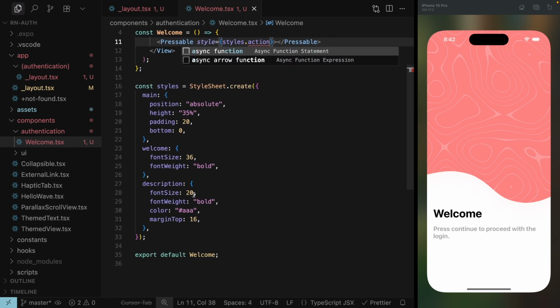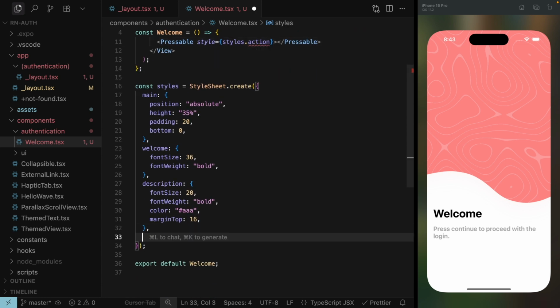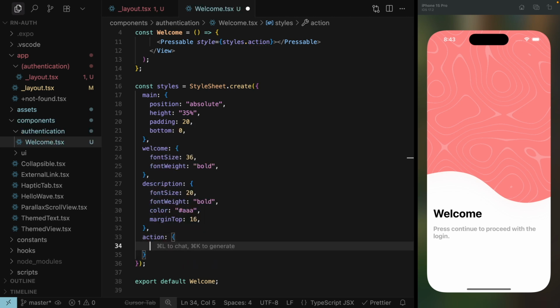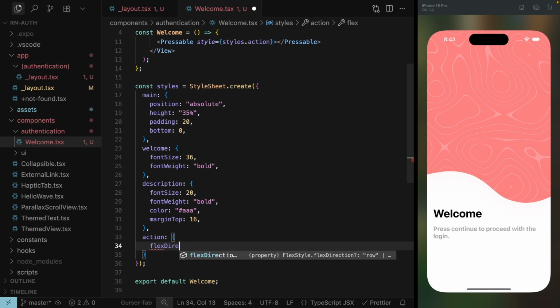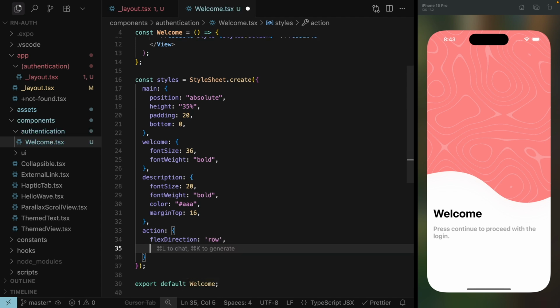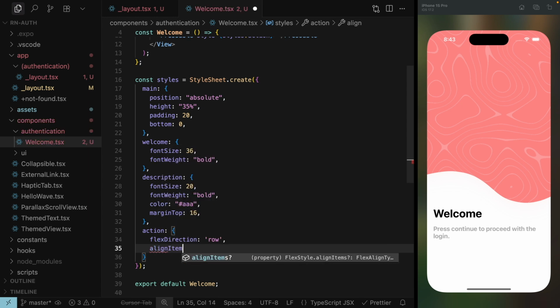So inside styles, sorry, I have to create action style, and for action style I will use flex direction as row, align items as center,